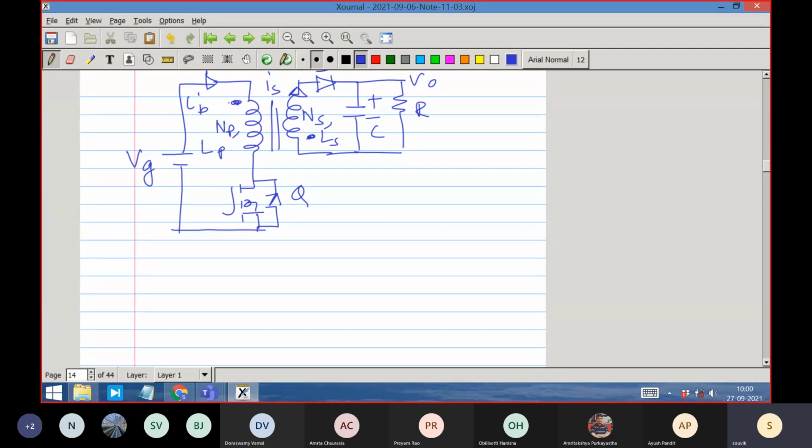I think you remember the difference between an inductor and a transformer as far as the flux level is concerned. From the flux level point of view, a transformer's flux level is near zero. Sometimes it is negative to positive, otherwise it is near zero, because the load current is cancelled in the core. How is it cancelled? When the primary current flows, at the same time the secondary current flows. So the primary and secondary currents cancel each other. The only thing that remains is the magnetizing current. Therefore the flux level is very near to zero.